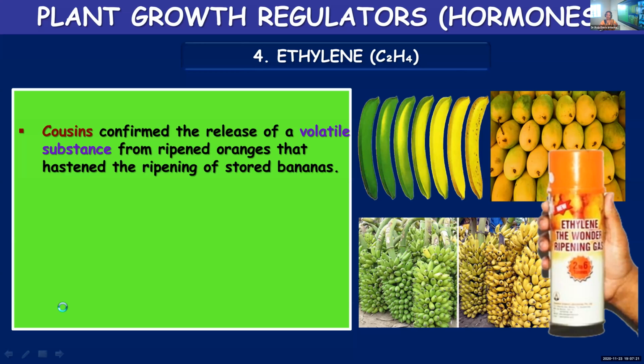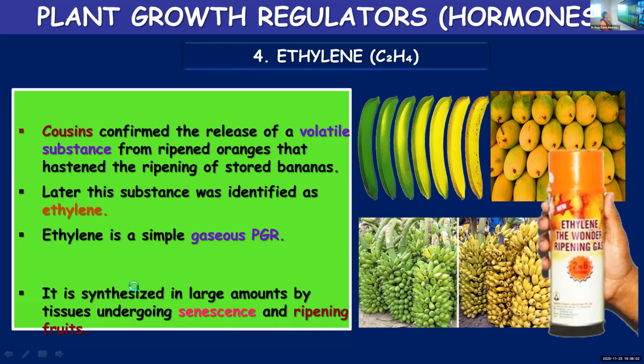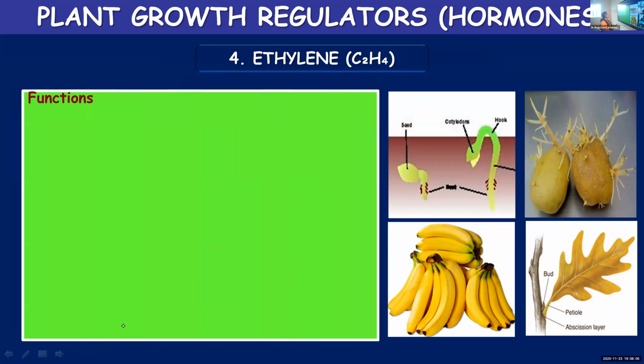If one fruit has ripened, it can promote the ripening of the other fruits in the basket or in the bunch. You might have noticed it would easily get ripened. So he found out the presence of a volatile substance released from ripened oranges, and this promoted the ripening of stored bananas. Later, this volatile substance was identified as ethylene. Ethylene is gaseous. That's why we call it volatile, which vaporizes easily. So it's a gaseous plant growth hormone. If you are asked, name a gaseous plant growth hormone which will promote fruit ripening: ethylene. It is synthesized in large amounts